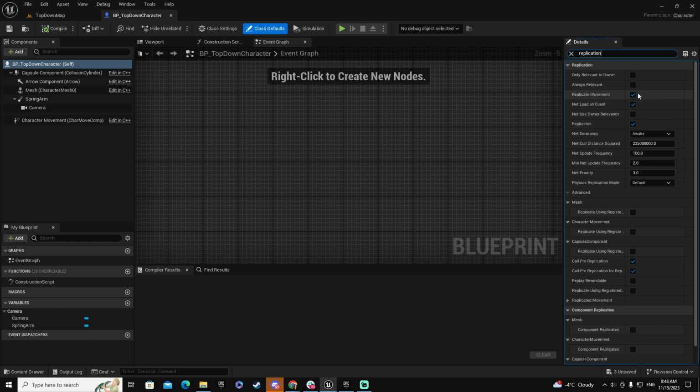And also, you have information about the replicate movement. So this is the kind of information that you're going to replicate to the rest of the computers connected for this experience, and they're going to receive that information and present it